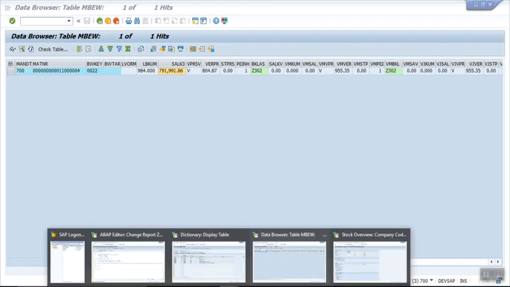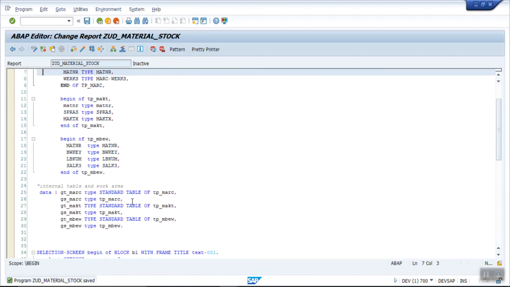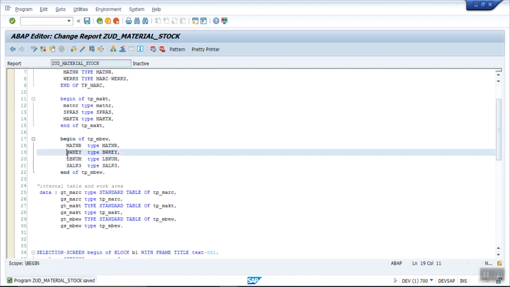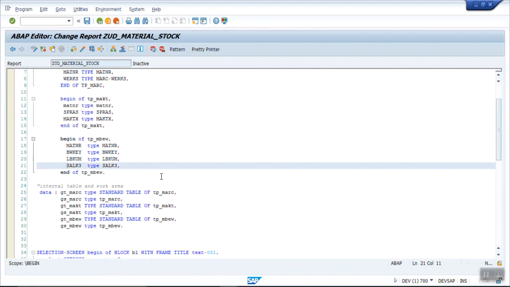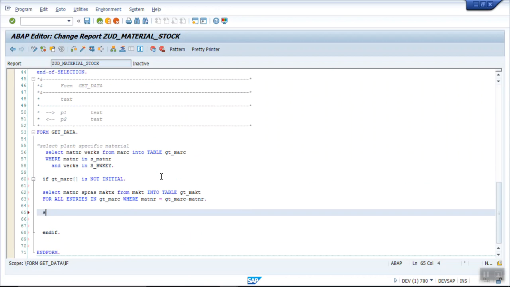So now I will select MATNR, BWKEY, LBKUM and SALK3 from MBEW into GT_MBEW.